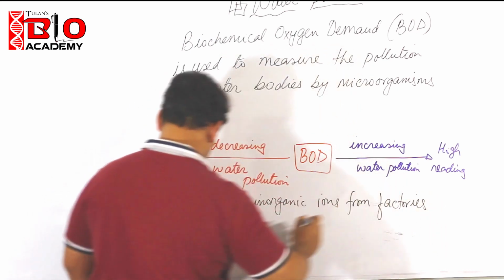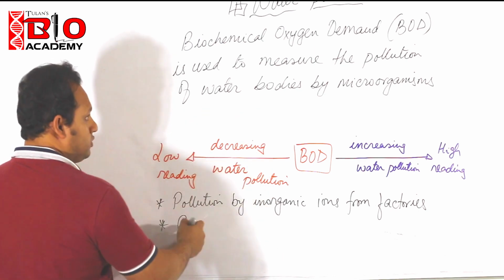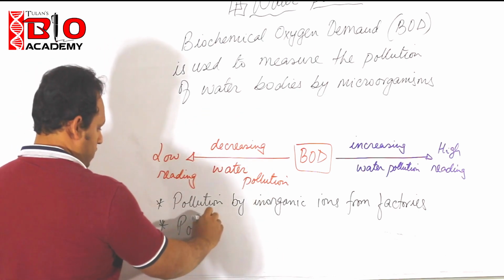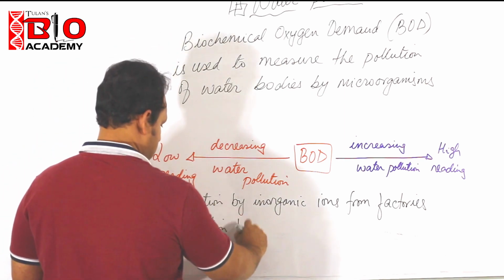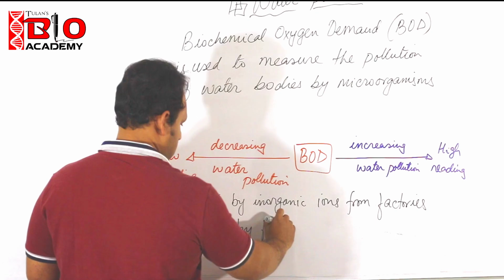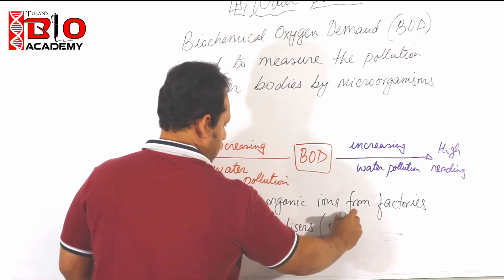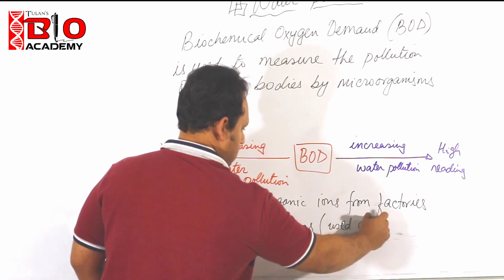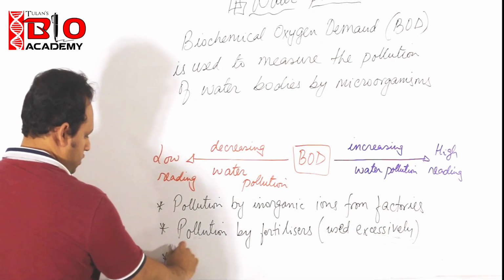We can also have pollution by fertilizers, as we already have mentioned over there in the eutrophication process. Pollution by fertilizers, and they have to be used excessively, and obviously pollution